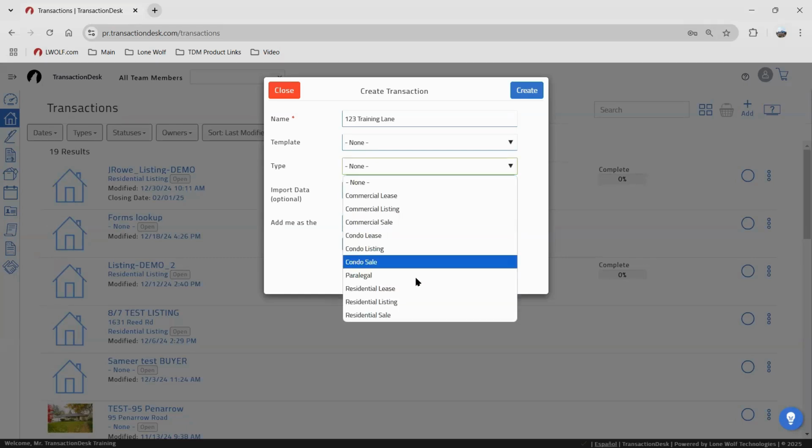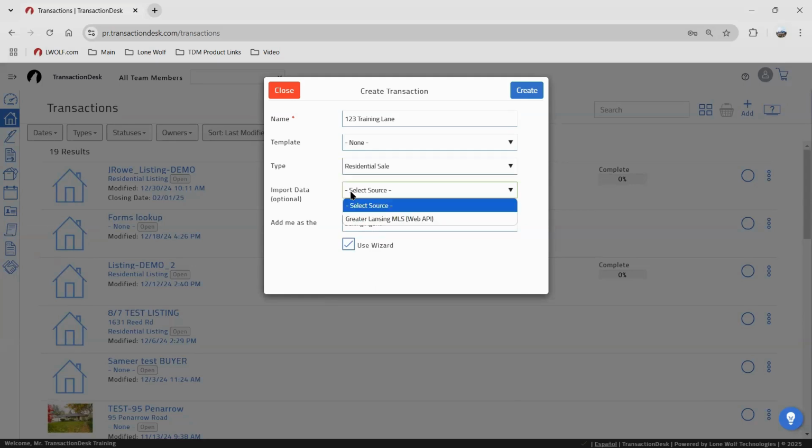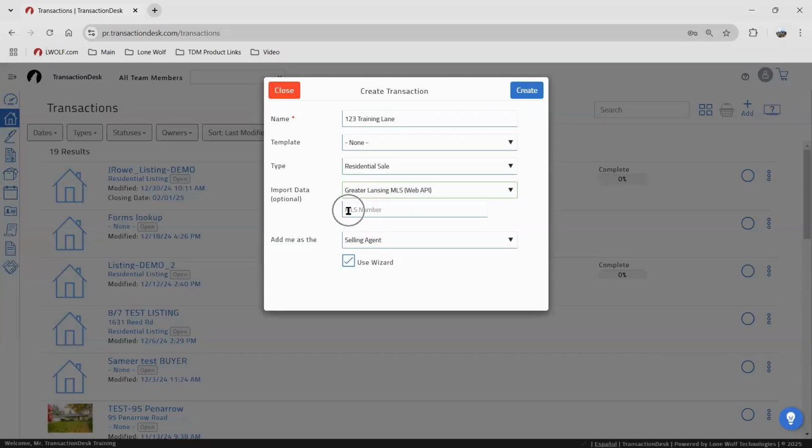For today's training, I'm going to do a residential sale because I want to show off this MLS connection a little bit. So for those that don't know, for the system here,